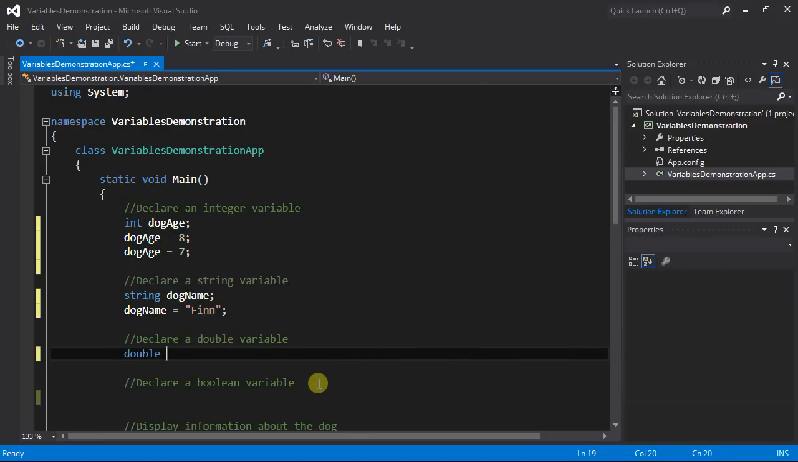Double is our reserved keyword, followed by our variable name, which I'm going to call dogWeight. Again, I'm using camel case here. And I'm going to demonstrate something here I didn't do before. In a single line of code, I can declare the variable and give a value to the variable. So what I've done right here,